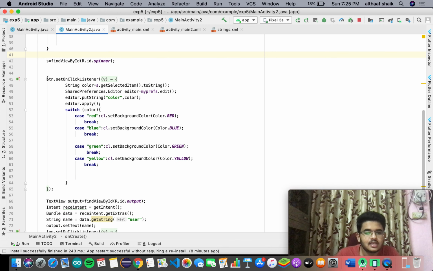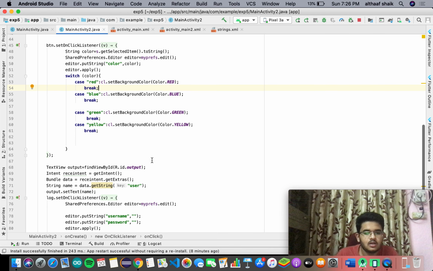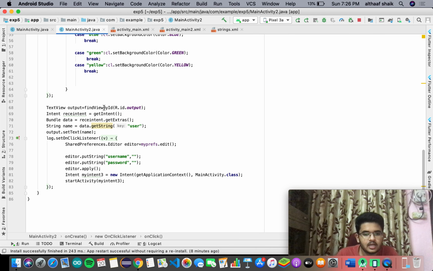On clicking the save color button, the selected item from the spinner goes into the string color variable, and I save that into the shared preference as well as set the color. Using switch color, if it is red, we use the constraint layout object and set the background color to red, blue, green or yellow. Then in the text view, I'm displaying the username which we sent from the other screen.